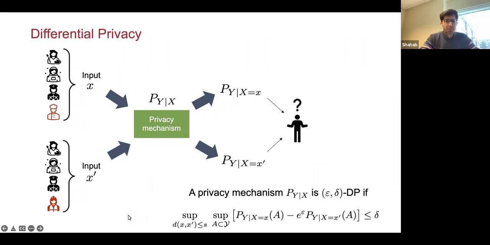So we put this supremum here. And here, this d is any distance metric. Because we are dealing with neighboring data sets, this x and x prime should be close to each other. And this s is most of the time called the sensitivity of the aggregate statistic. So we already know the sensitivity. This is the assumption: we know s, we know the sensitivity. This is the original definition, but we want to use another equivalent definition, which is based on